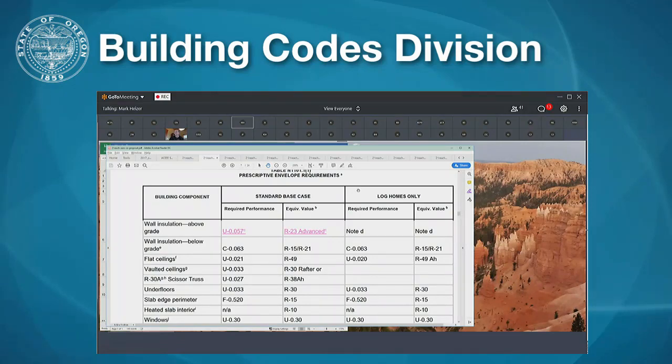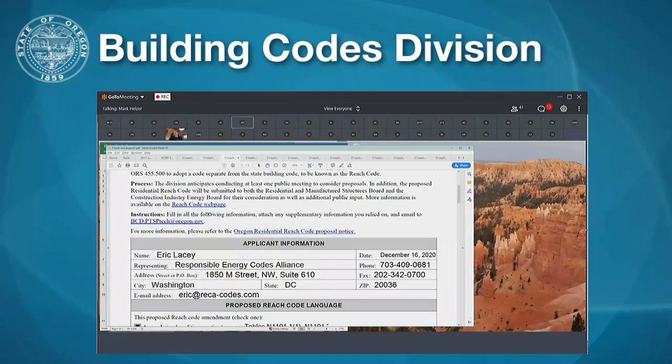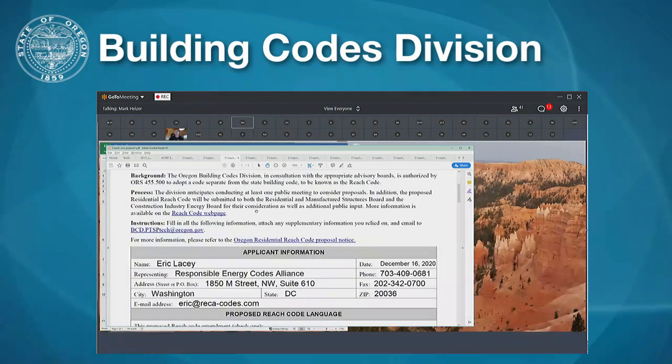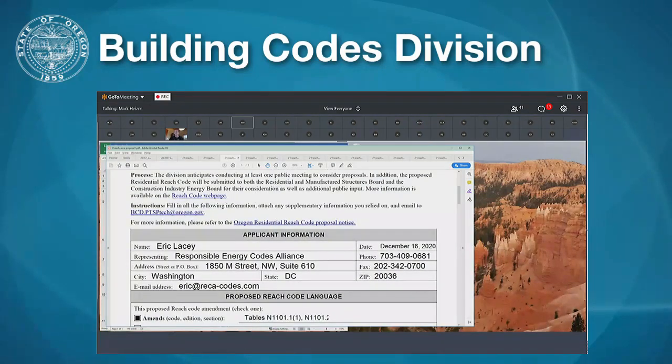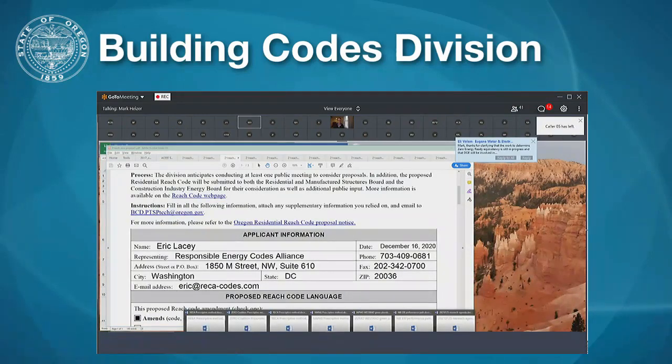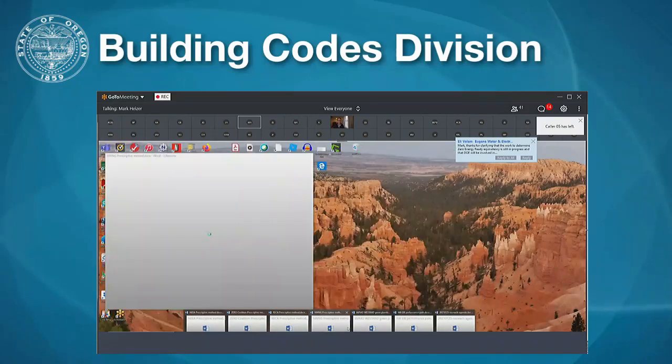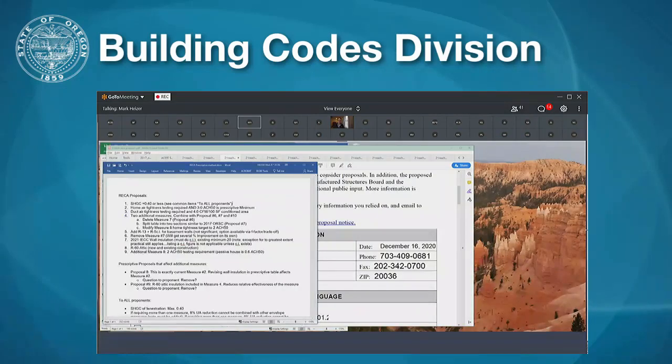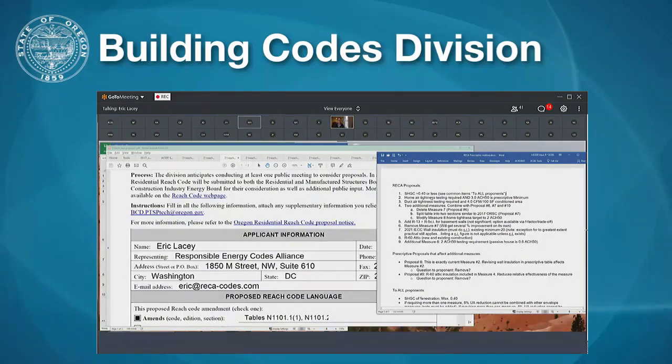But moving on, I would like to next go to Mr. Lacey, if you'd like to sort of give an overview. I have a Word document. It came in how many different pieces, Eric? Well, I think we had 10 individual proposals. And I can explain why we went with that approach.